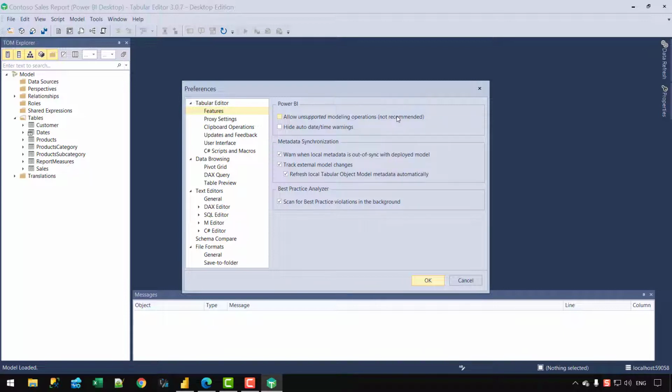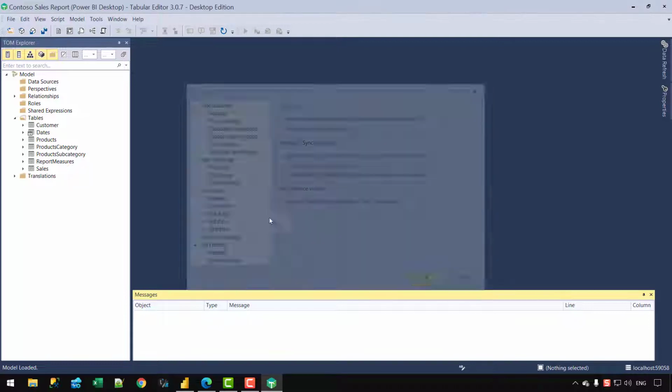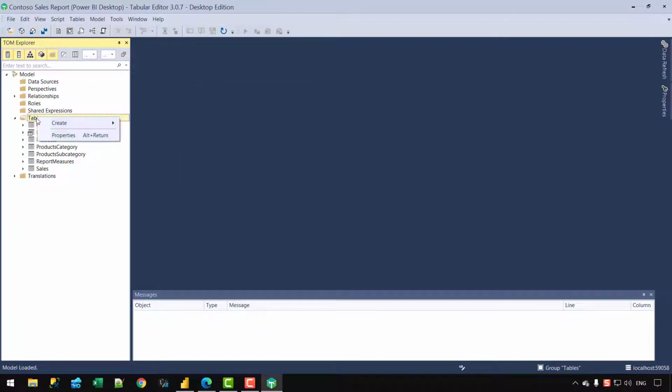So before you enable this property and make any changes in your model by using this feature, make sure that you have a copy of your Power BI file stored somewhere, so that in case the Power BI file breaks, you still have at least one backup file so that you can continue on your work. So I will check that option, and if I click on OK, and if I right click on the table option,